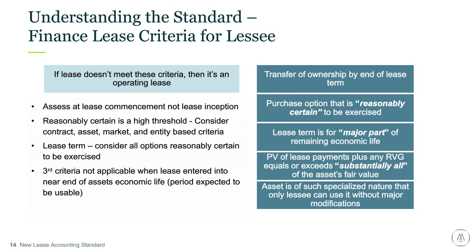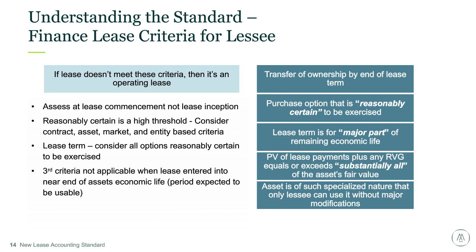If so, this arrangement should be classified as a finance lease, even if the lease term is for less than 75% of the asset's remaining economic life, or the present value of the lease payments is for less than 90% of the leased asset's fair value. In this regard, all teams should be working with their finance teams as well as auditors to ensure that they understand the facts and circumstances of each arrangement, as a financing lease could potentially be expanded as compared with legacy